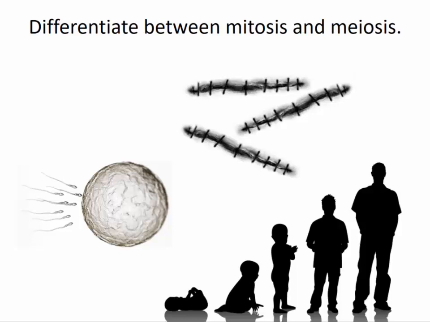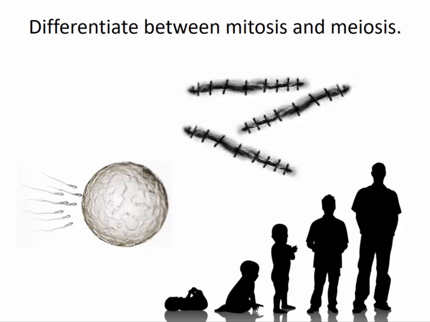Oogenesis is the production of eggs. For each pre-egg cell that a female has, she produces 1 egg cell and then non-functional polar bodies that are not used in reproduction. As we mentioned earlier then, when the sperm and the egg come together, they produce a new cell with 46 chromosomes, 23 from mom and 23 from dad.